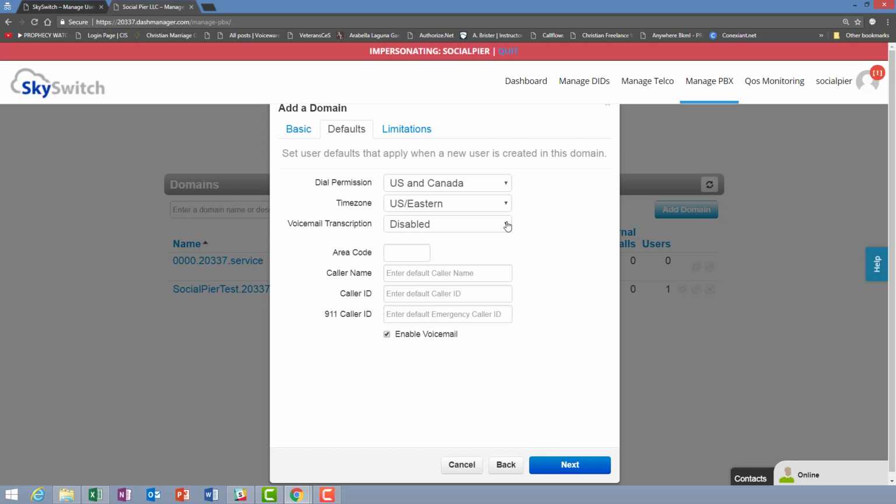Okay, voicemail transcription. Disabled or enabled. We're just setting the default across the domain so that when we add users, it will give you the capability of turning on voicemail transcription or not. Again, it's still going to matter at the user level. You're going to need to enable it at the user level, but this is a default setting across the domain. So you can decide beforehand, and you can always come back and edit this to enable voicemail transcription across the domain. You're going to set the area code of the particular main location,